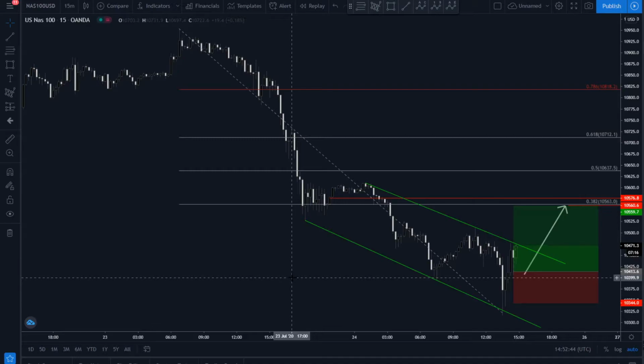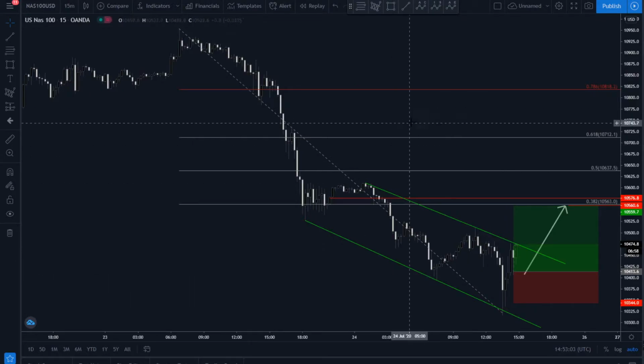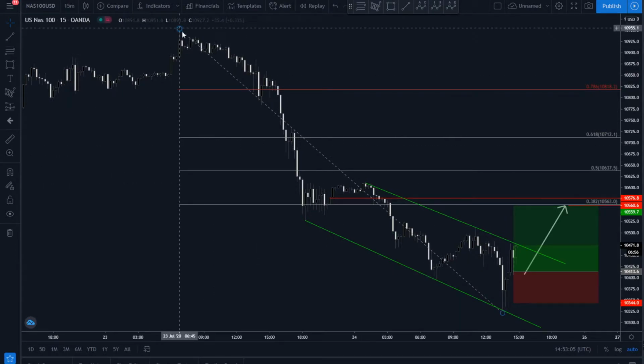And also, one of the subscribers asked me how I use Fibonacci levels in my trading. And this is pretty much it. I look for either a confluence of supports and resistances or an open price for the day, and then I trace my Fibonacci retracements based off of the move that I'm looking at, depending on the time frame. Like right now I'm trading on a 15-minute chart, but sometimes I look at a 4-hour chart or a weekly